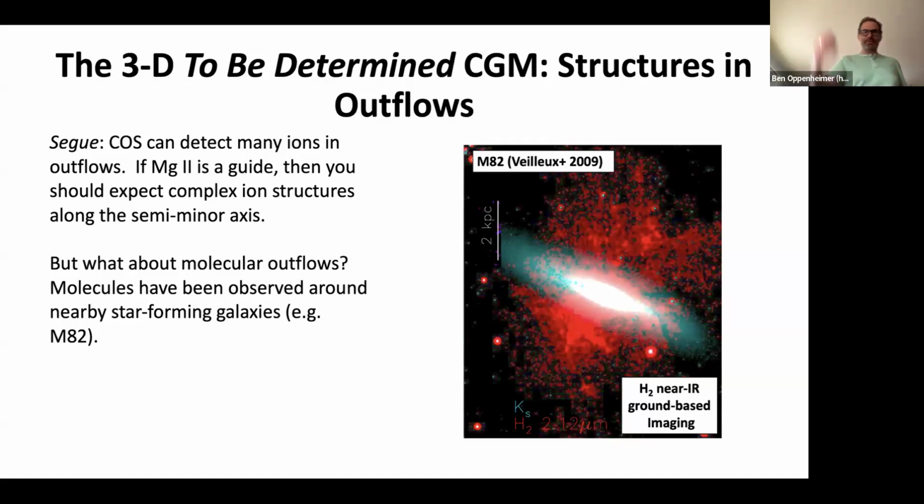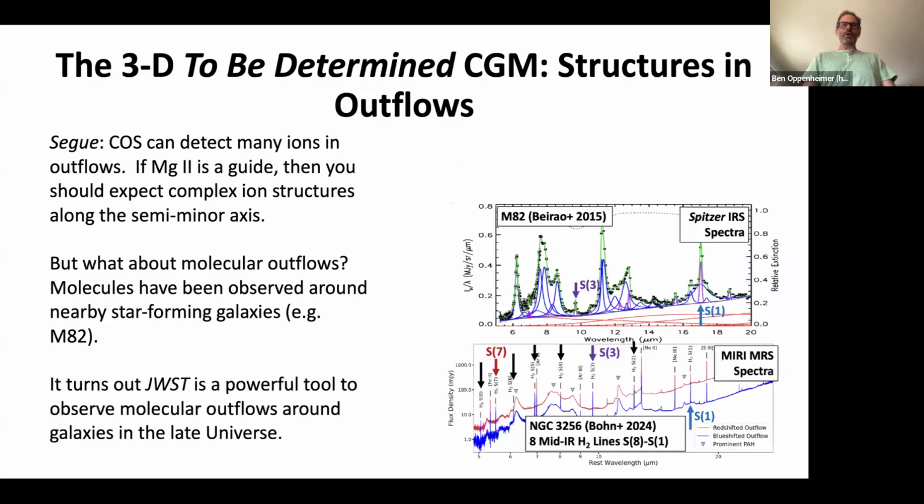And our favorite outflow galaxy M82 shows H2 extending several kiloparsecs above and below the M82 disk in molecular hydrogen as well. This is ground-based. I forget from what telescope, but from a well-known observer of this. So what I learned